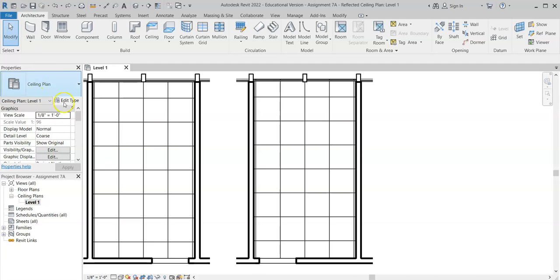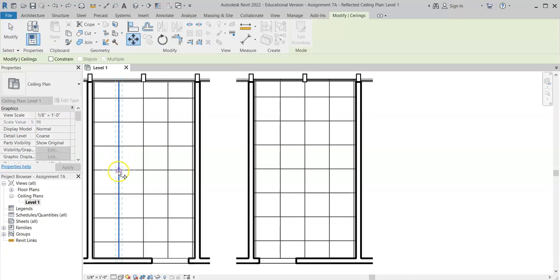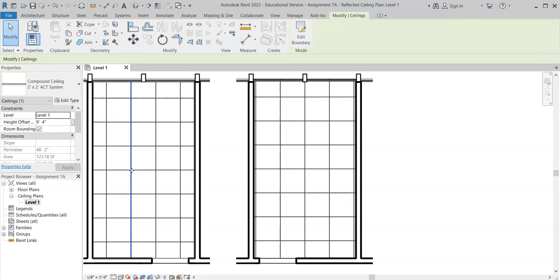You first select your modify arrow, select the line, and then it will pull up the Modify Ceilings options. And then you click Move. And then let's say I wanted to move this whole grid over 12 inches or 1 foot. Just type that in. And you can see how it adjusts. It did an automatic adjustment to the ceiling grid so I don't have those weird spaces or very thin spaces